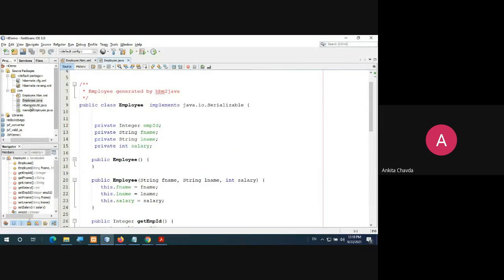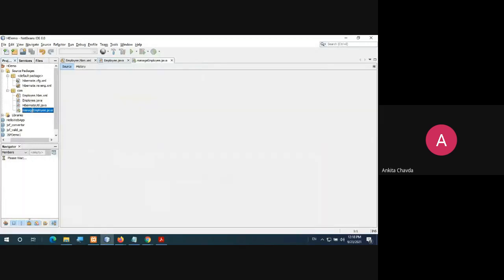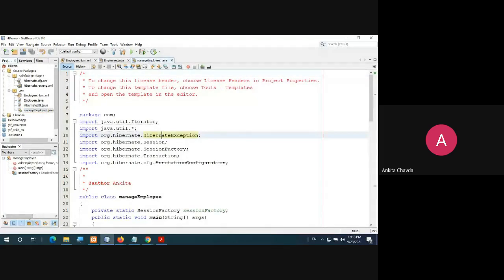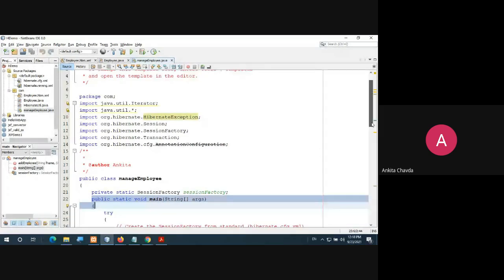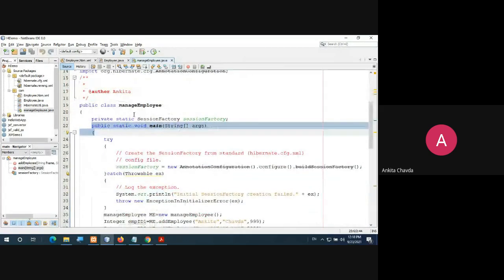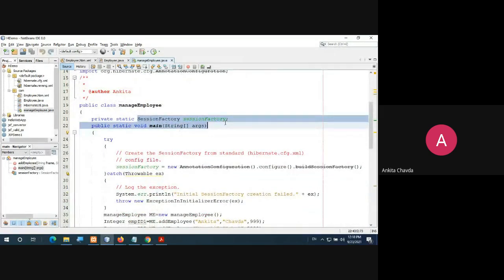Now, which file you need to make, that is manage employee.java. That is what your normal Java file, which is having this, this is what the public static void main and all, right? So here what you are doing is you are creating here session factory object, right? Inside this try and catch, I mean you are doing this session factory equals to new, this config, this will be automatically be there, right?